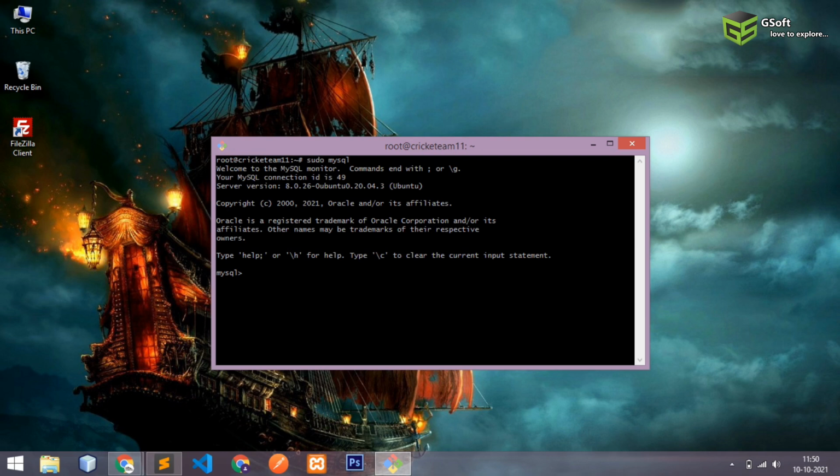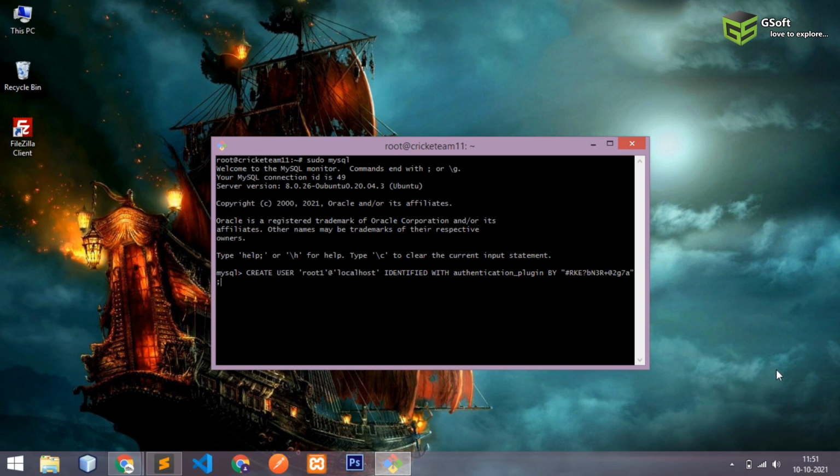You will be able to log in using sudo root access, and here you will have to write a command which will create a new user. I've already copied the command, so here you just have to paste it, and the command is CREATE USER. The username and localhost is the default because I want to use it on the same server. If you want to use it from another server, you can use the IP of that particular server. And then here you have to write IDENTIFIED WITH authentication plugin BY, and then in inverted commas you have to enter the password.